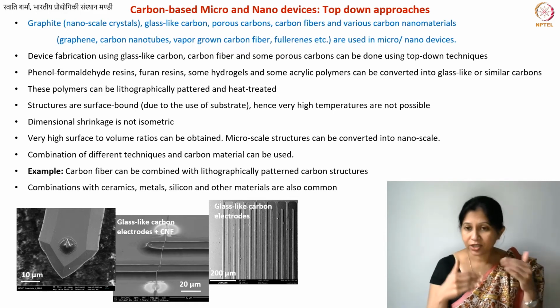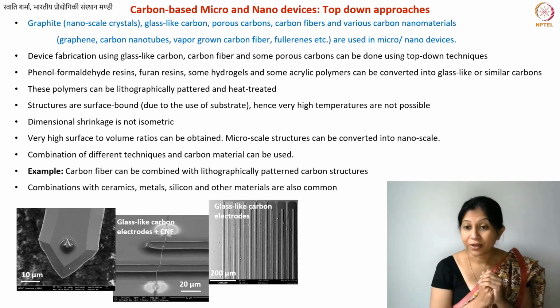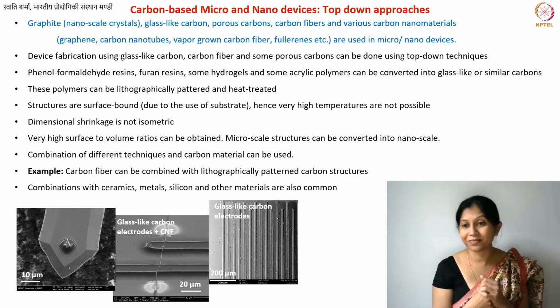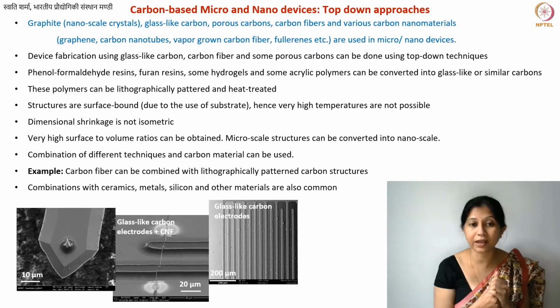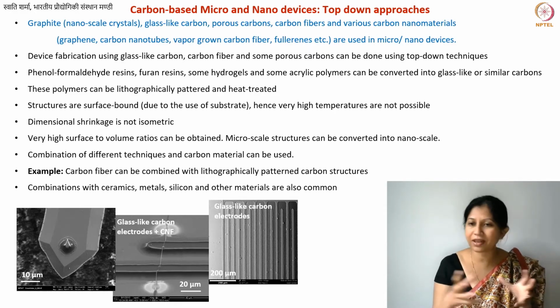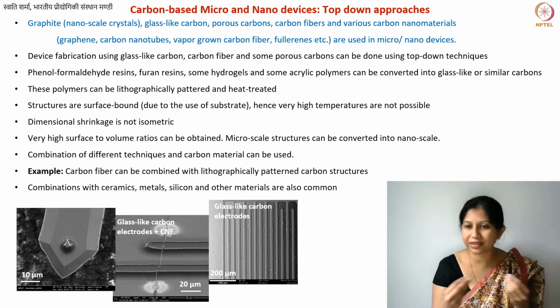And the other structures, the electrode structures, are made using photolithography. Then you carbonize everything all together. So when you carbonize everything together, it's like a monolithic structure. Monolithic means everything is made of the same material. There are no joints, no junctions, no additional contact pads and so on.